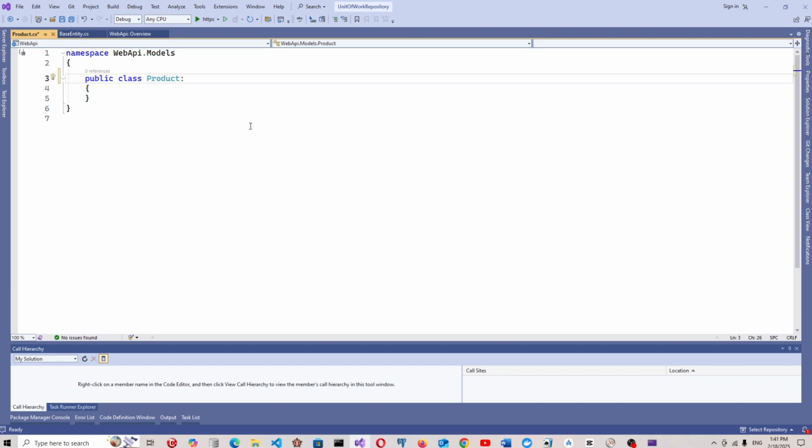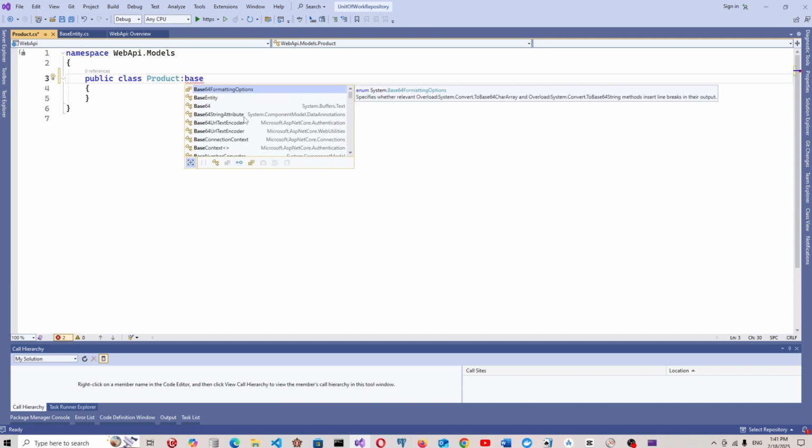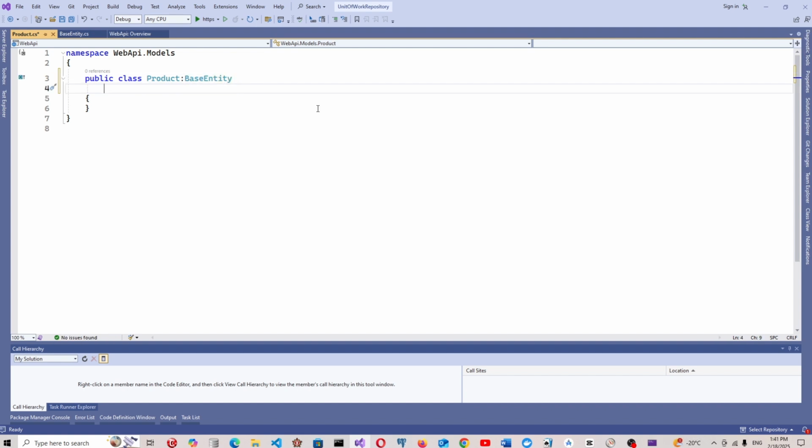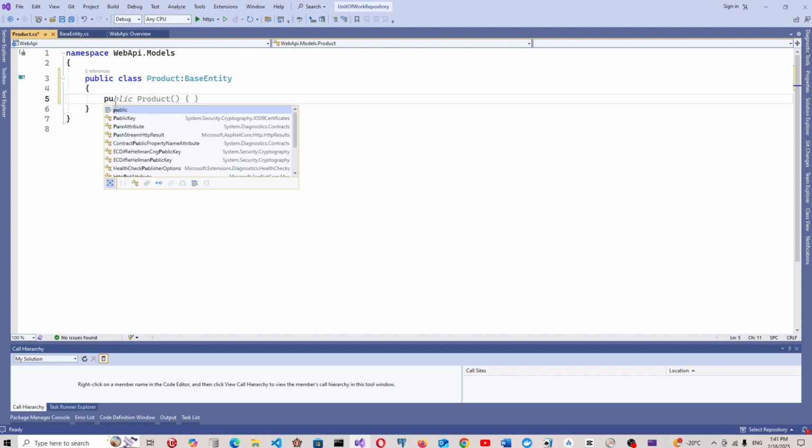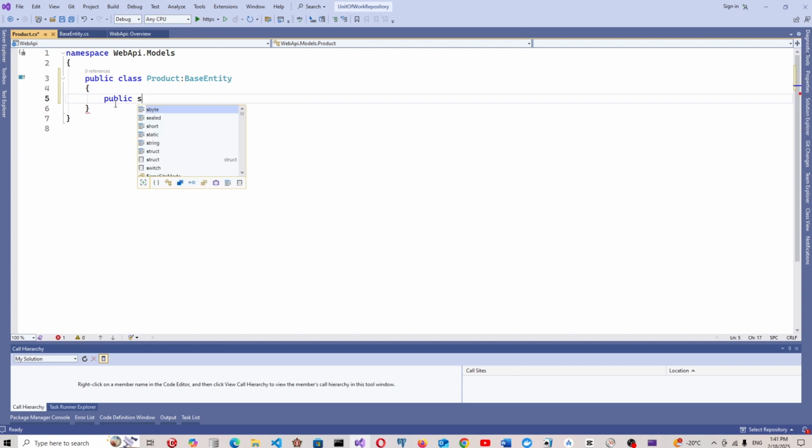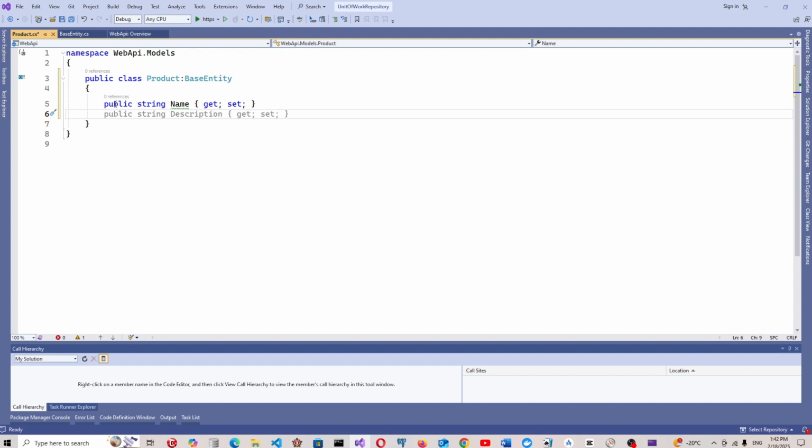This Product will inherit the BaseEntity, and it will have a public string Name, and Description, which is optional, and Category, which will be optional,